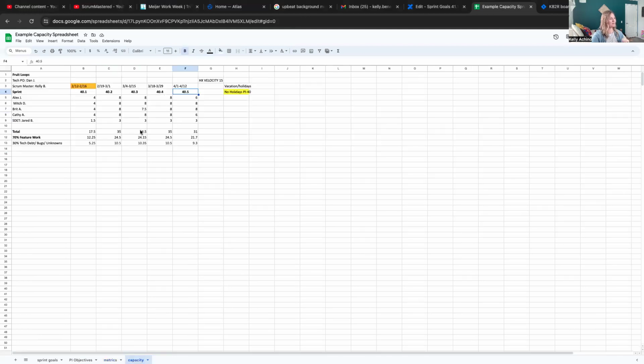So we'll pop over this way, and in this example, we're just adding the team members' time into the sprint for what they can do. Your Scrum Master and your product owner don't typically contribute directly to your development stories. So I've got 4 developers on this team and 1 SDET role, and they're able to give me this much